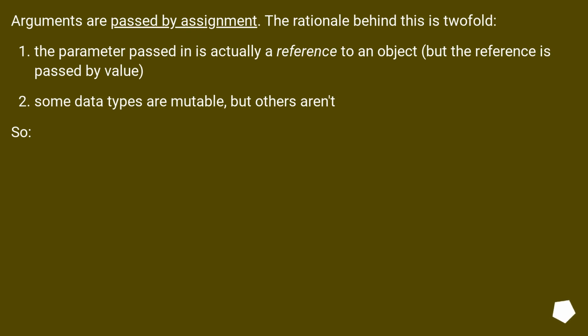Arguments are passed by assignment. The rationale behind this is twofold. The parameter passed in is actually a reference to an object, but the reference is passed by value. Some data types are mutable, but others aren't. So,